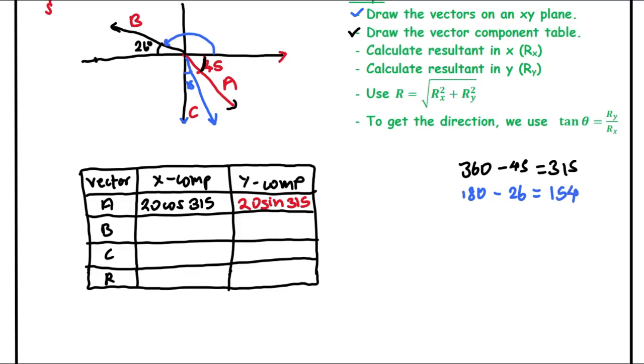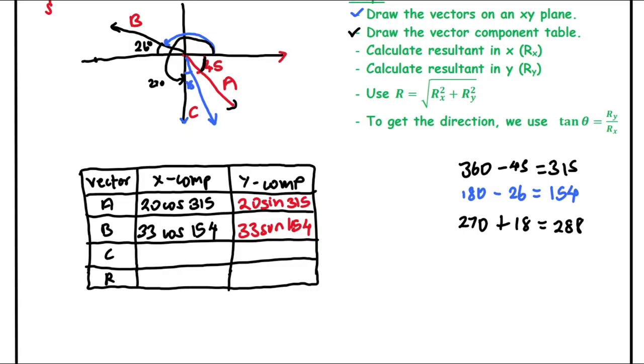So the second one is going to be 33 cos 154. And this one will be 33 sine 154. The last one, the angle measured from the positive x-axis all the way up to here, this is 270 degrees. So that's 270 plus 18. 270 plus 18 gives us